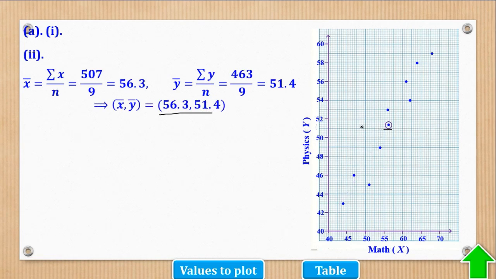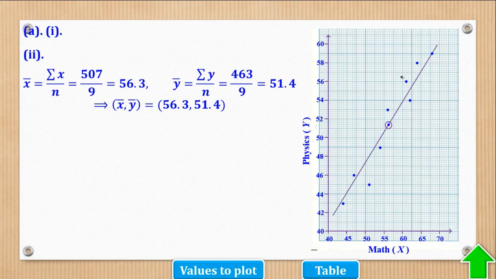And next is to draw the line of best fit. Now the line of best fit follows some rules. 1, it must pass through this mean point, and 2, it must pass through any one or more of the other points plotted, and 3, it must leave equal or almost equal points on either side. So if you draw this line,